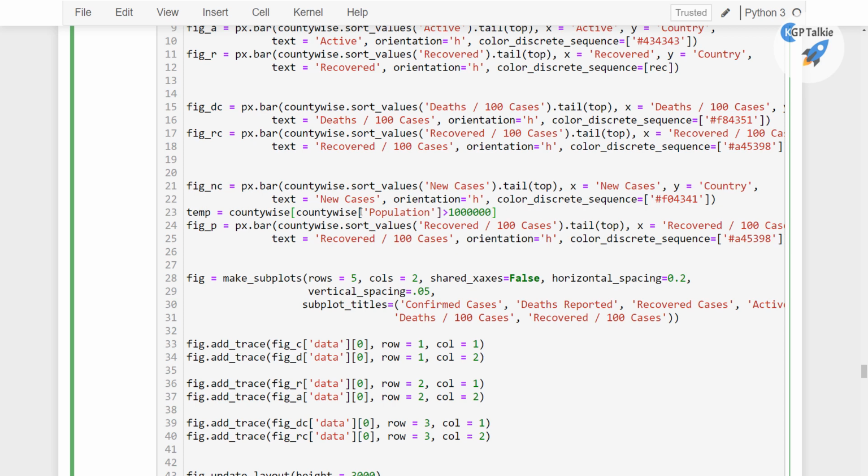So these are the countries. The total, it's I think the 1 million. So the countries which have a population more than the 1 million. So we are going to consider only those countries, and then we are going to put here a temp sort